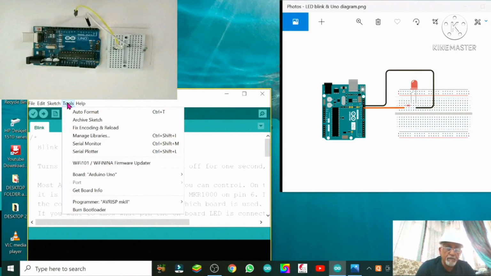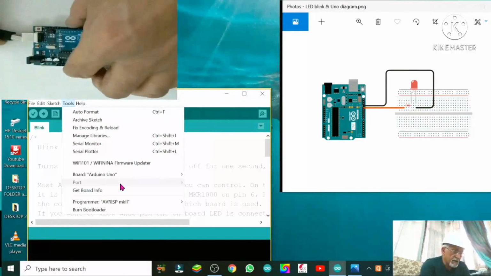You see, the port is not mentioned. When we connect our cable from the computer to the Arduino Uno, this port will appear, and it should appear.